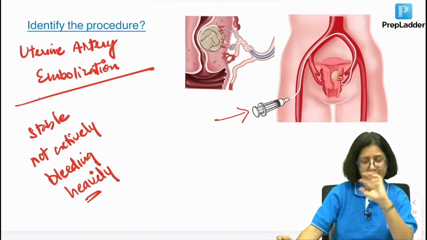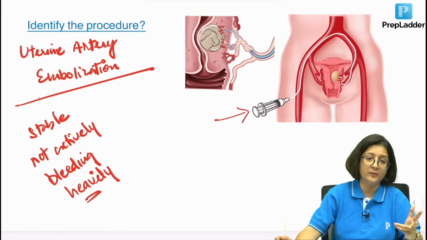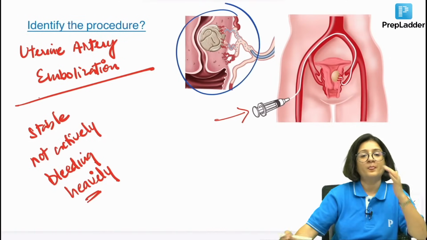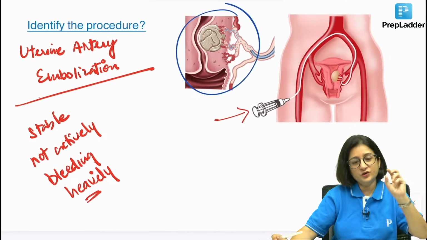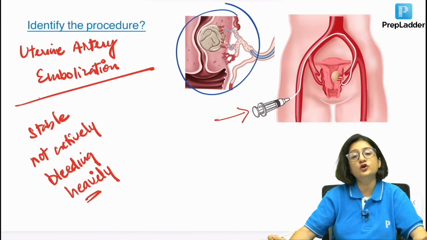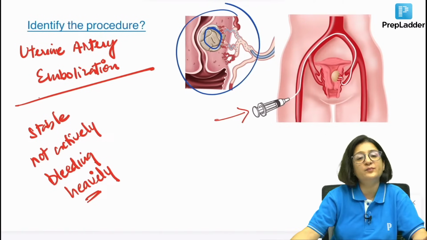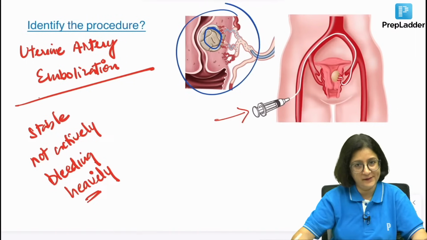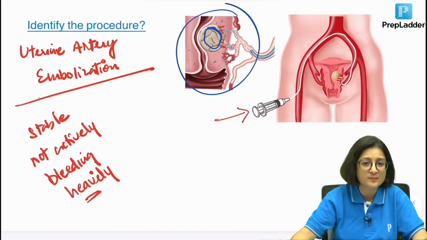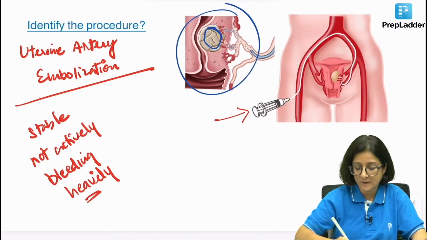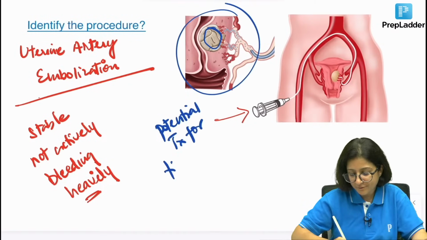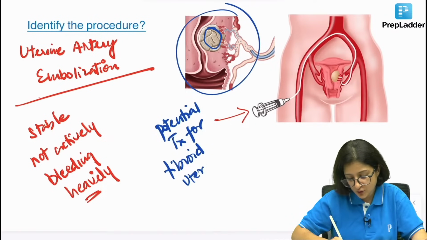In the context of PPH I'm talking about. But if you look at this image here, uterine artery embolization has also got a role in, what is this? This is a fibroid. So deprive the fibroid of its blood supply and avoid the fibroid from growing. Shrink the fibroid by depriving it of its blood supply. So it is a potential treatment strategy for fibroid uterus cases also, and I won't